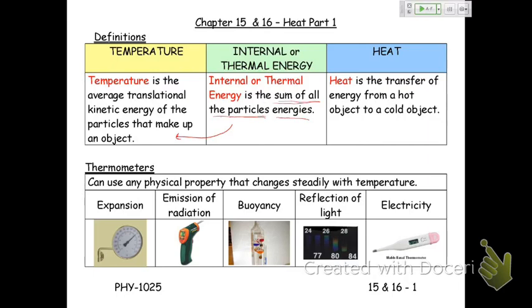So if it's got a high temperature, those particles are moving like crazy. And if I have a lot of them, I've got a ton of energy. But if I've only got a few of them, I've got less energy. But they're moving like crazy. And if it's a lower temperature, then those particles are not moving so much. If you've got a lot of them, they might add up to a fair amount. But if I only have a few particles, there's not so much of it there. So I've got to distinguish in my mind between average energy per particle and total amount of energy, if you like. And a good analogy would be